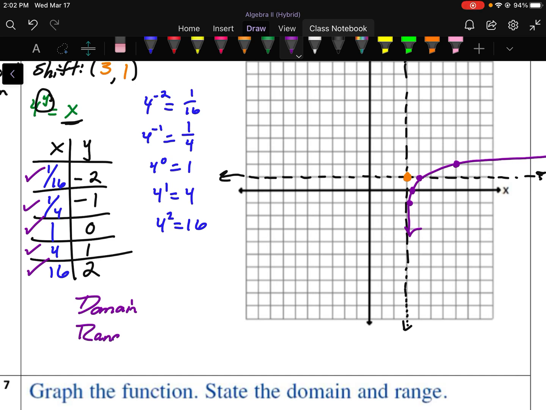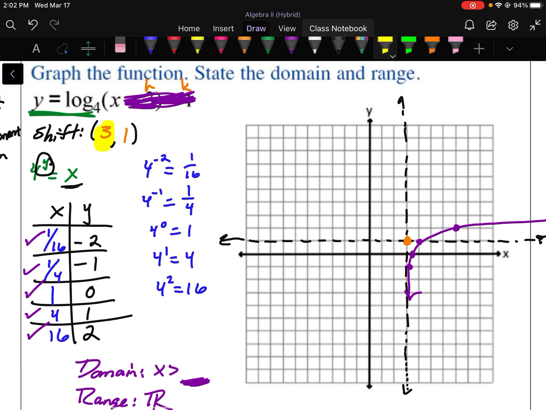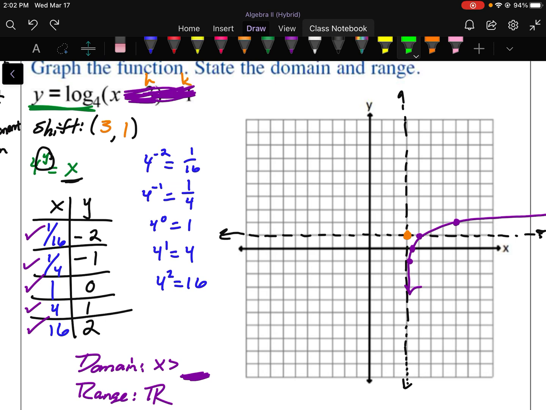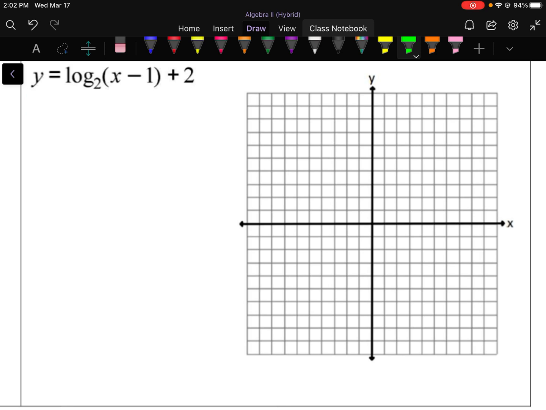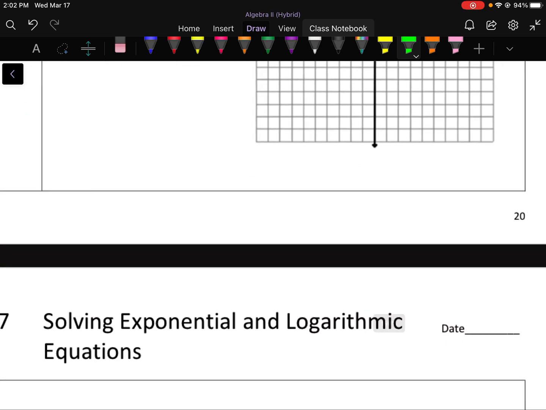So let's talk domain and range. My domain, actually start with the range. The range is always all real numbers for log functions. Any log function, you're going to get out any real number. But what you plug into these functions is going to be limited. It's always going to be x is greater than, and then the number here is going to be your h. So in this case, I highlighted it with a very similar color, so let's maybe pick a different one. H is 3, therefore we're going to say that x is greater than 3. It's always your h value. And there you go. I know there's a few more, but go ahead, give those a shot. Get a little more practice, and that takes care of section